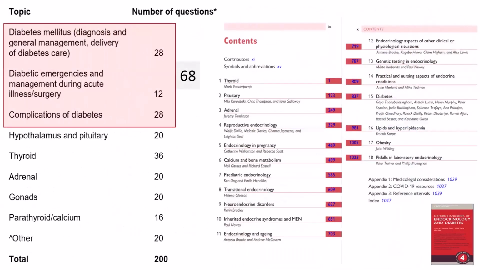And actually, the most important source is Oxford Handbook of Endocrinology and Diabetes, the 4th edition. This is the main source. If you want only one source, one book, this is the only book that you need to pass the exam. And actually, the exam